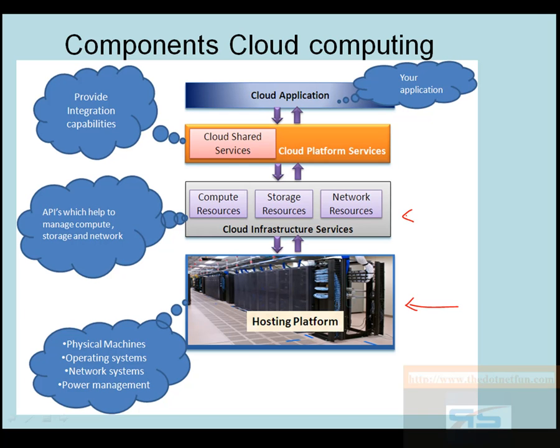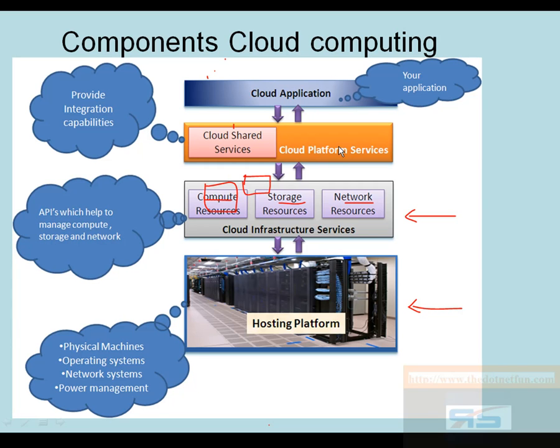The next layer is the cloud infrastructure service. Now cloud infrastructure service does two things. The first thing is that it creates a virtual environment, the virtual space for every application. So for example, you have application A and application B, which are hosted in your data center or on your cloud computing platform. Cloud infrastructure service will create a virtual environment for each of these applications, and depending on how many resources this virtual environment is consuming, it will count the compute, the storage, and the network. So cloud infrastructure service is more of virtualization and monitoring of how much usage your application is doing.